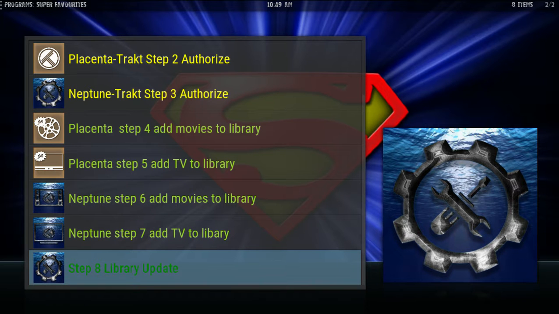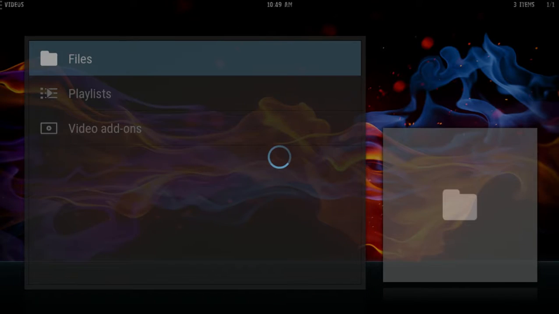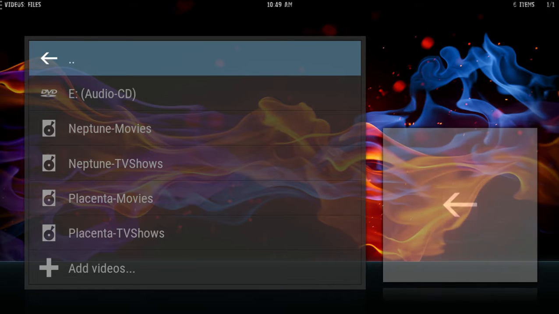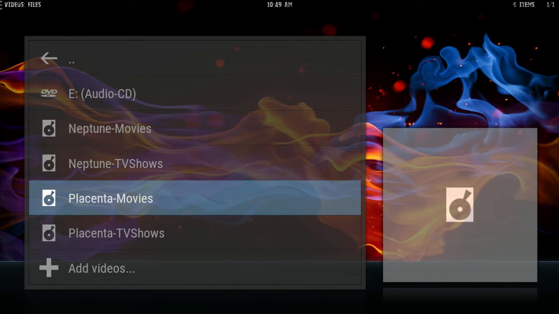This is where it's a little bit harder. You click it, click on your files, and then for each one of these, you're going to do the same thing. Now I just set up placenta, so we're going to hit the Contacts button,